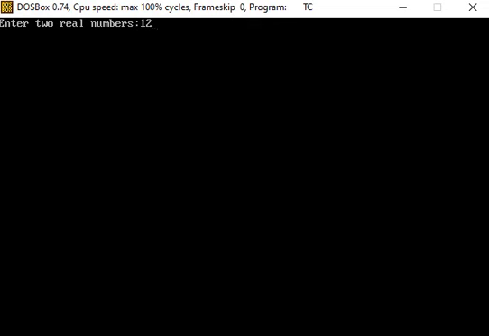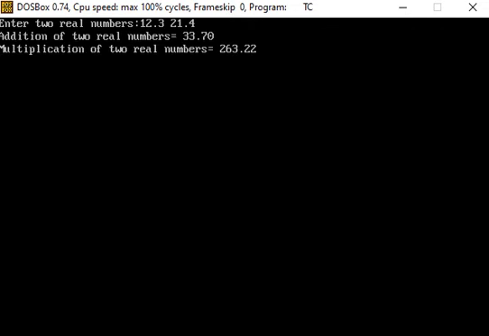Suppose the first real number is 12.3 and the second real number is 21.4. Now if we press the enter key, then the addition of two real numbers equal to 33.70 and the multiplication of two real numbers equal to 263.22 are displayed.